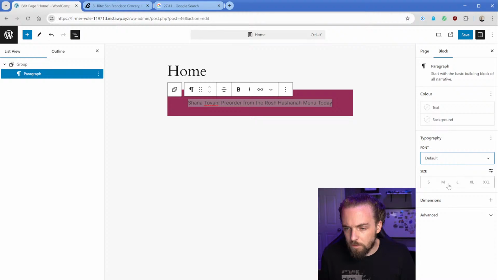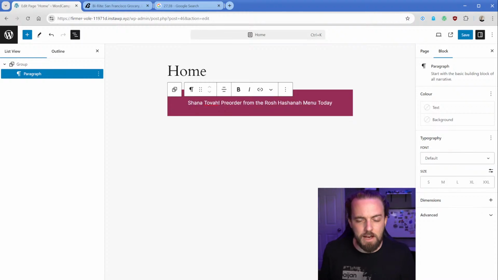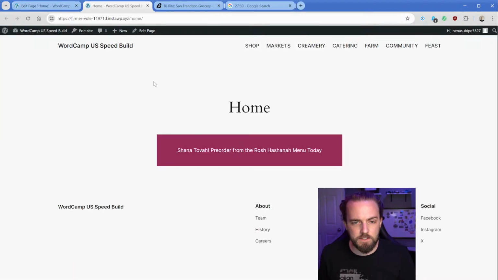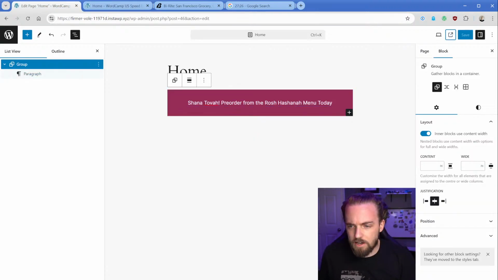Do I not have font weight? Maybe it's because I'm using a default font. We'll come back to that. Now, one thing that I'm curious about is just understanding how these containers work in terms of their width. So if I save this, yeah, that's one thing I don't quite follow just yet, is how do I make this full width and not